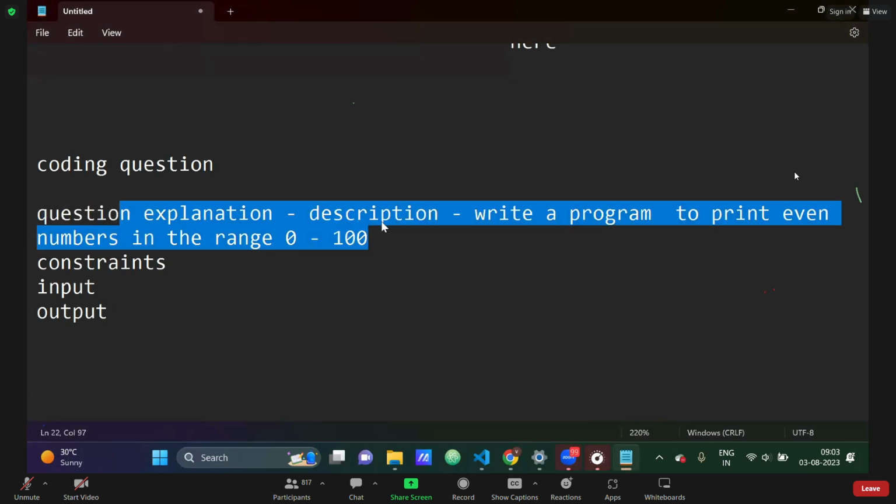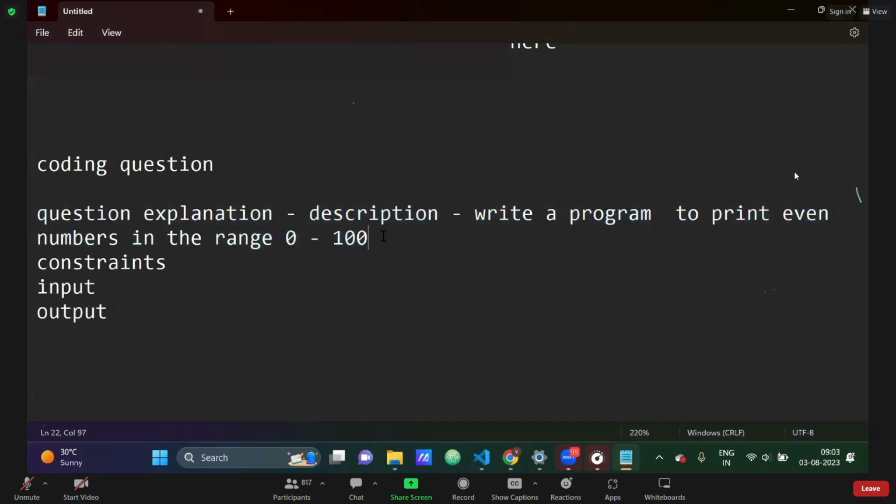So we have a question in such a way that we need to print even numbers in the given range, that is 0 to 100. Manually, the even numbers are 2, 4, 6, 8, up to 100. Okay. Now,